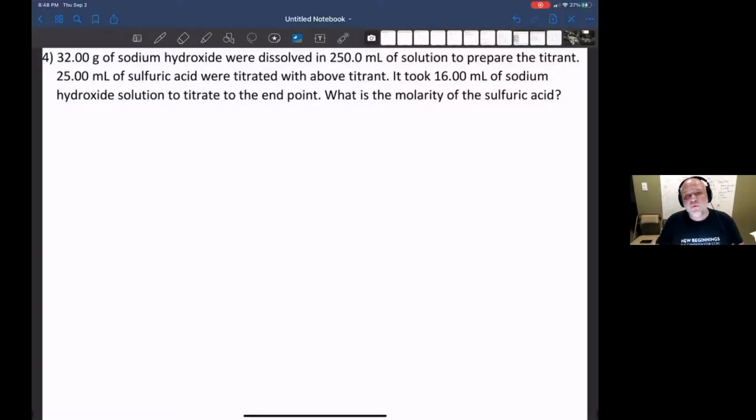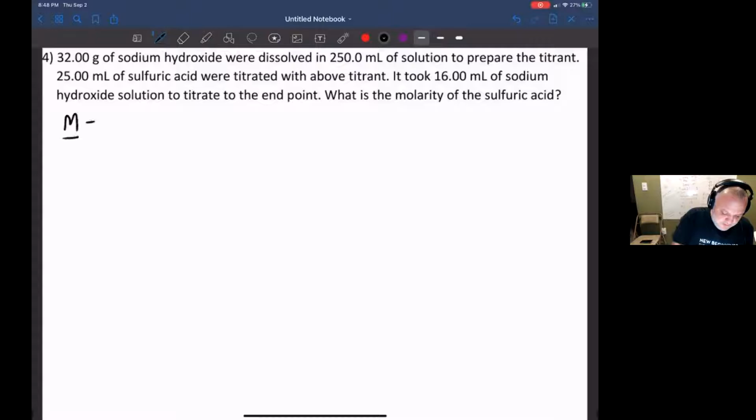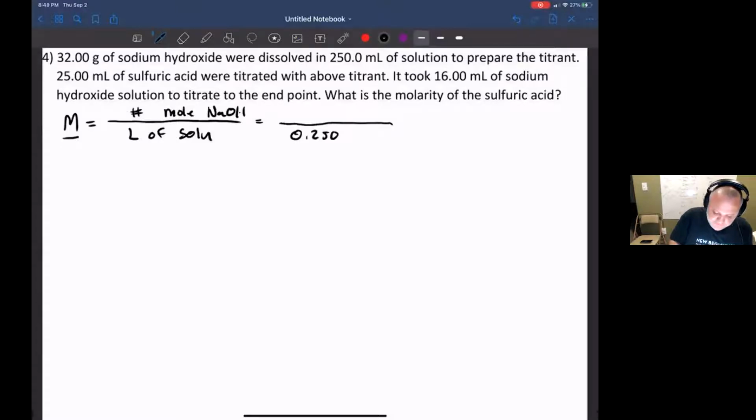And so what we want to do is, there's multiple ways to attack this problem, but my suggestion would be to just go ahead and calculate the molarity of the solution, because that's kind of how we're familiar with working with it. So the first thing I want to do is figure out the molarity of the sodium hydroxide solution. That would be the number of moles of the sodium hydroxide divided by liters of the sodium hydroxide solution. I can directly put down the liters because it said that I had 250 milliliters, and so that's 0.2500 liters of solution. Now, what I have to do is figure out the number of moles of sodium hydroxide,